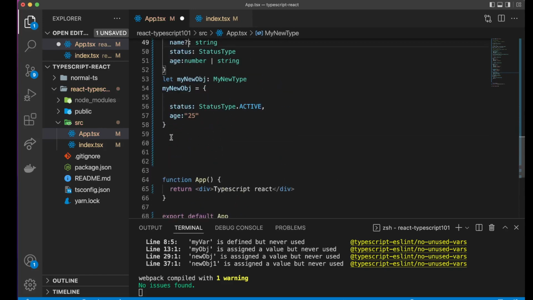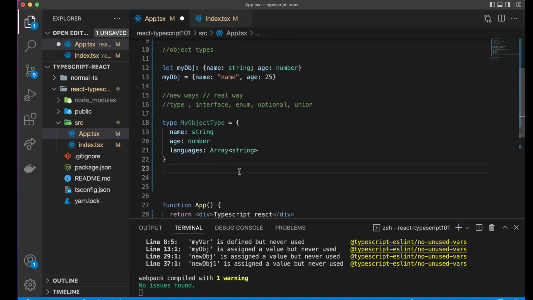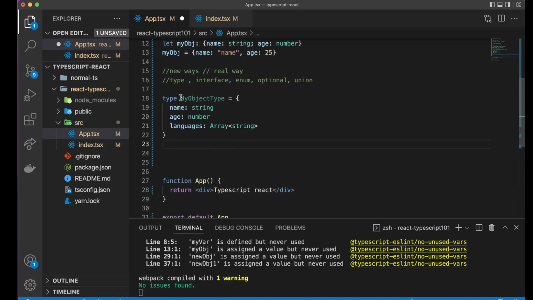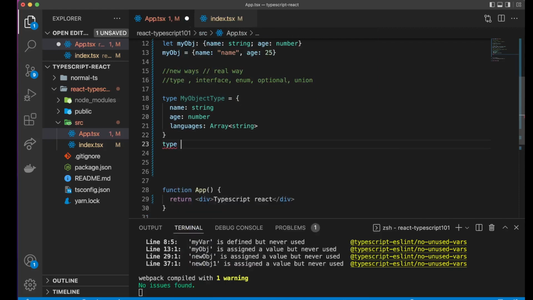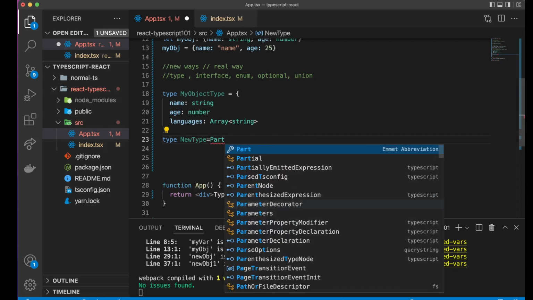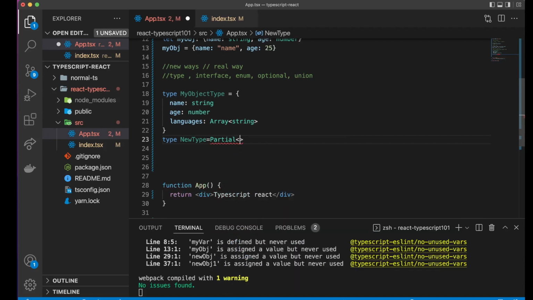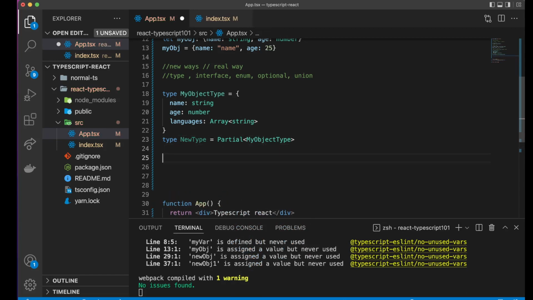And then there is one more thing that I would like to show you, and that is a partial type. So partial is, let's say we have this type, and then I want to create a new type, let's say new type, and for this type, I want to just use a partial of this type. So for that, I have to type partial, and then I give it like this, and then I can give my object type. So this way, now when I create a new object,